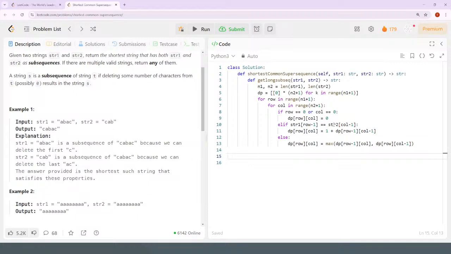Then we need to traverse through that matrix to find the common subsequence. So I'm going to say I have an empty list, and I'm going to traverse it by going backwards, although I could go forward as well. Yeah, whatever. Let's say row, column is equal to n1 and n2, and then while row is greater than 0 and column is greater than 0,